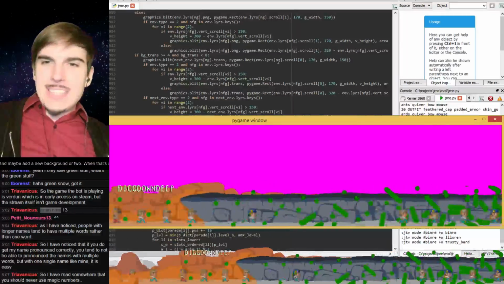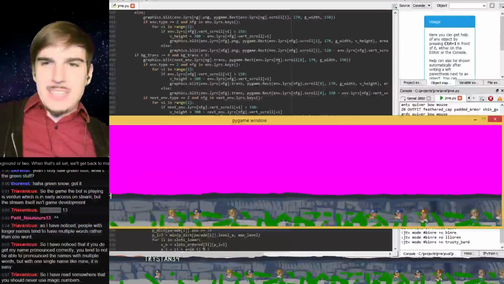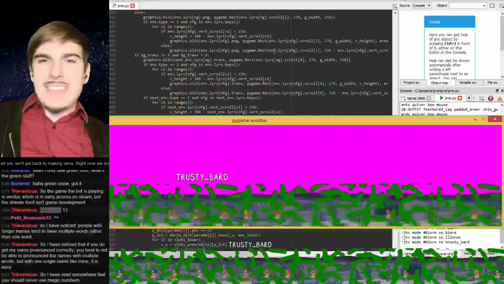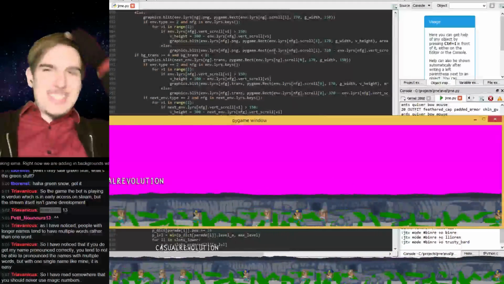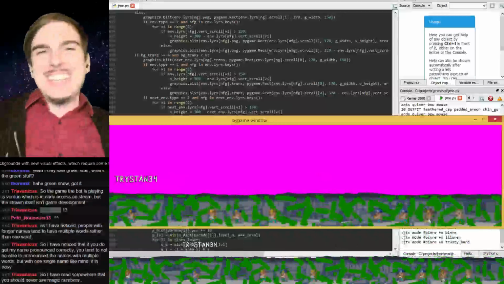I'd rather the snow just fail to blit or something, because if the snow failed to blit, at least that could make sense. But no, it's not failing. It's just happening in the wrong order, which is crazy. Maybe I just need more line breaks between the two. Maybe I just insert more line breaks, it'll wait longer and blit them in the correct order.